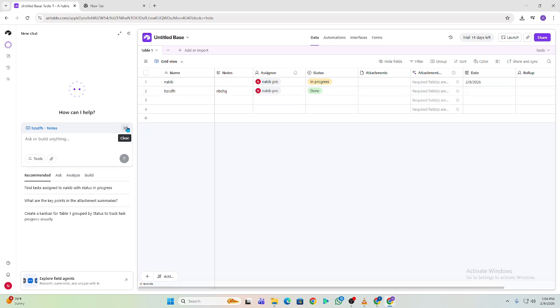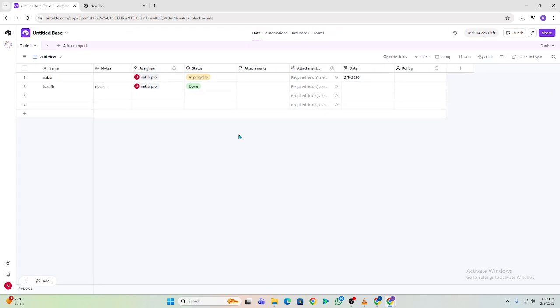Finally, set simple team rules. Decide who can edit structure, who updates records, and how often data is reviewed. Clear rules keep collaboration smooth as the team grows, and that's how to collaborate with a team in Airtable the